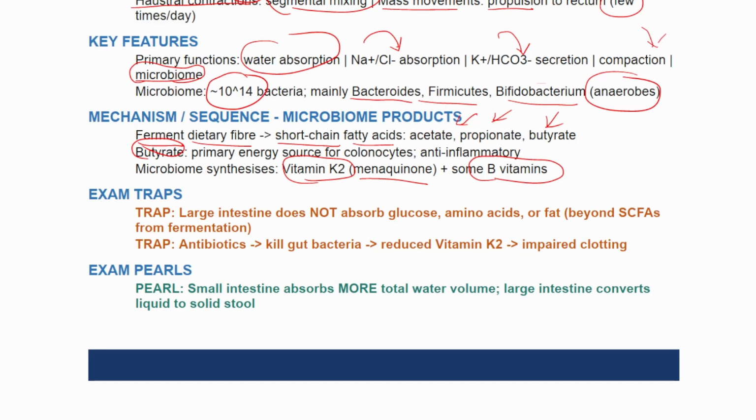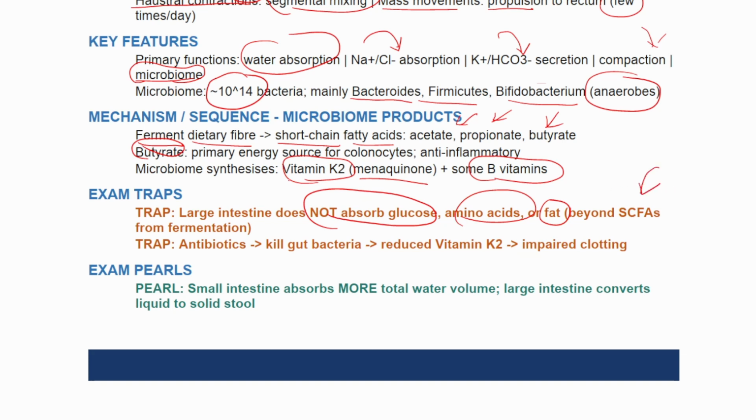After all this discussion, we come directly to critical exam traps. Examiners routinely attempt to catch students off guard by asserting that because the large intestine is highly efficient at absorption, it plays a backup role in capturing leftover simple sugars or protein fragments. You must protect your score by remembering the strict nutrient absorption limit trap. The large intestine does not absorb glucose, amino acids, or fat, with the sole exception of short-chain fatty acids derived